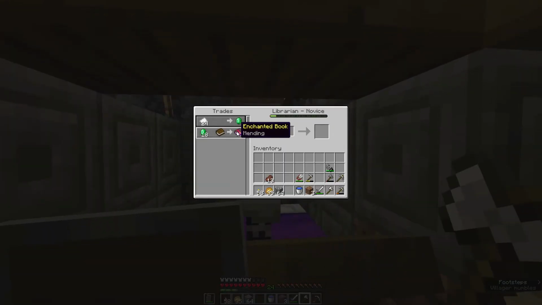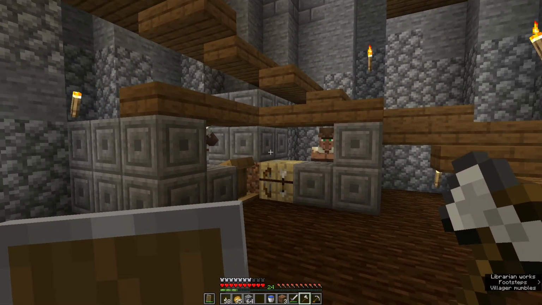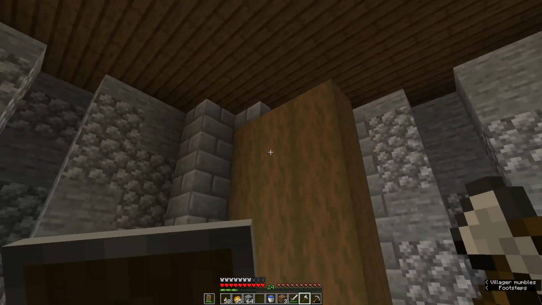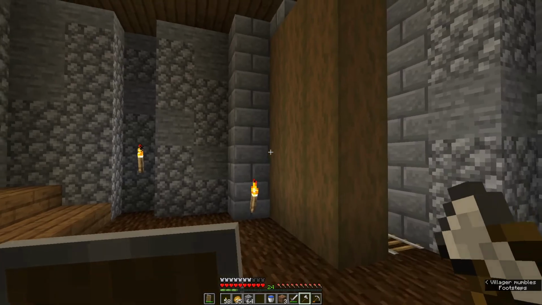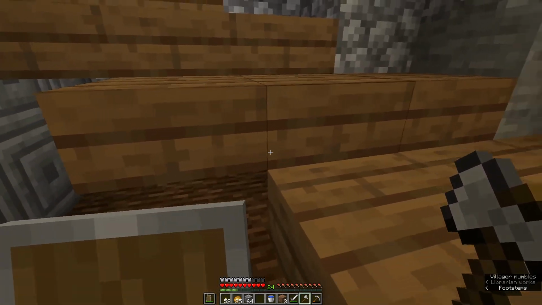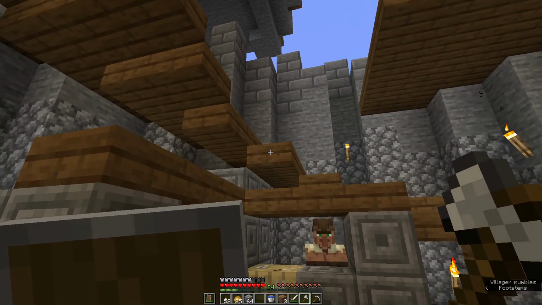This one's librarian, he's got my mending book. This one's Fletcher, he's got those trades I had earlier. These are the exact same 2 best villagers that I had before. I've also implemented a safety measure. Because I have this big spruce door, custom door right here, I couldn't then put a normal door. I could maybe do some sort of piston system with a button or something, I'm not really sure. But for now, just to stop mobs getting in,